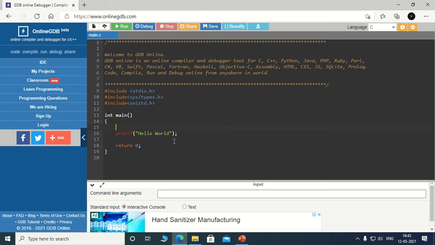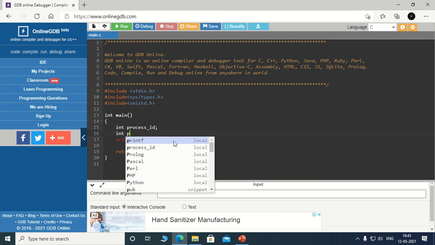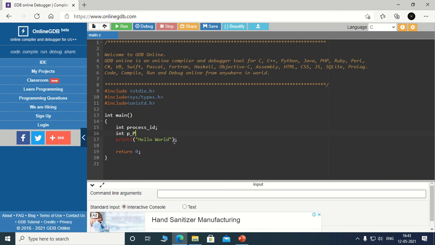Now let's take two variables. One is process ID, another one is for parent.